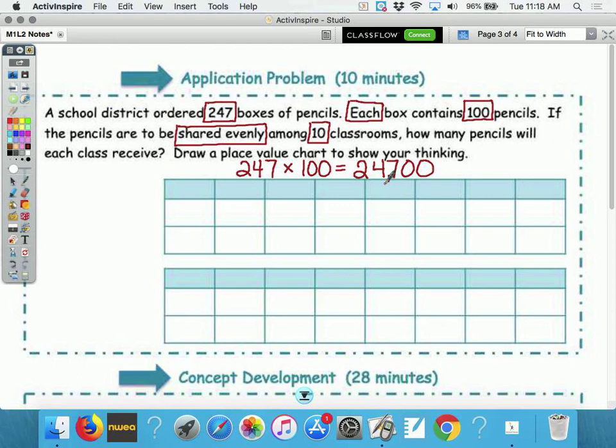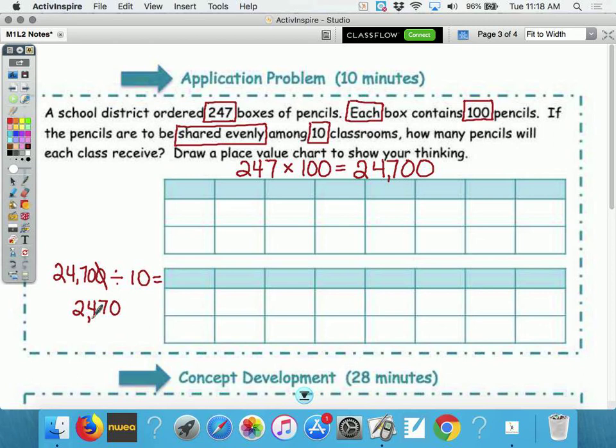Now, it says these pencils will be shared evenly among 10 classrooms. What pencils? 24,700. Very good. And if I'm sharing them, divided by 10. Do I need to place this one on the place value chart, or can I solve it without doing that? You can solve it without. How? Take away a 0. Take away a 0. So then I have